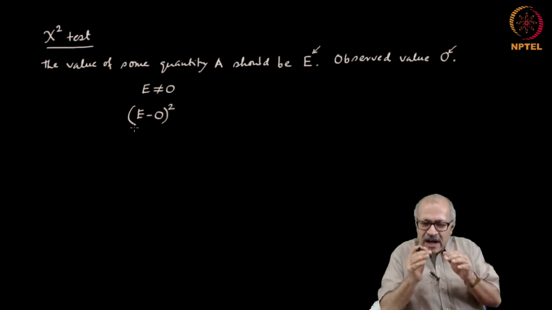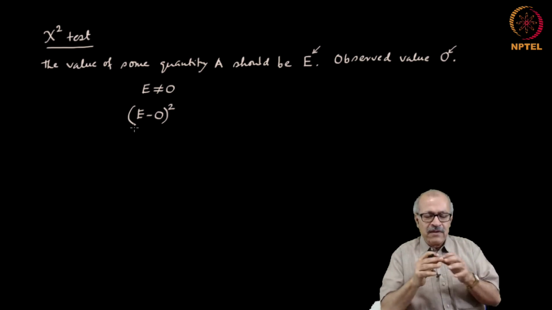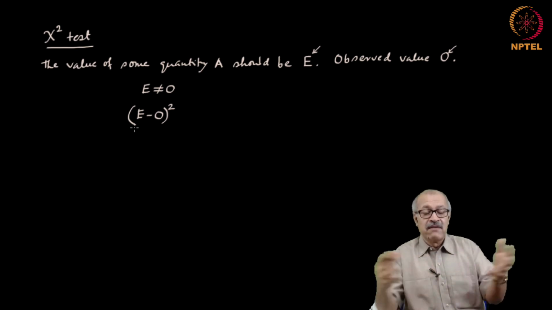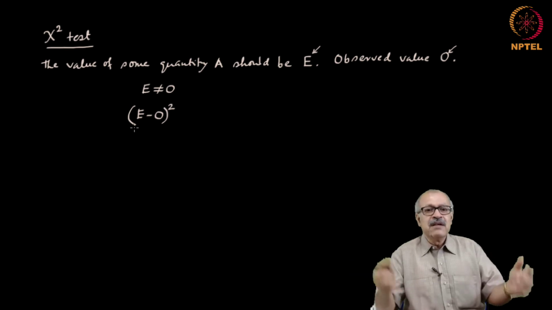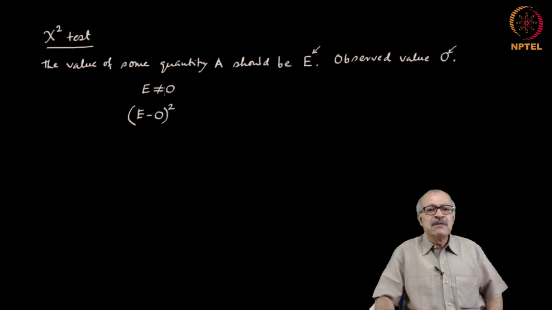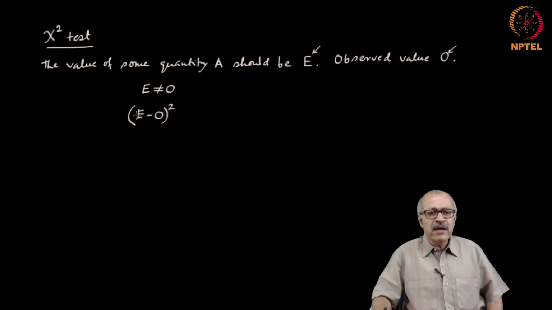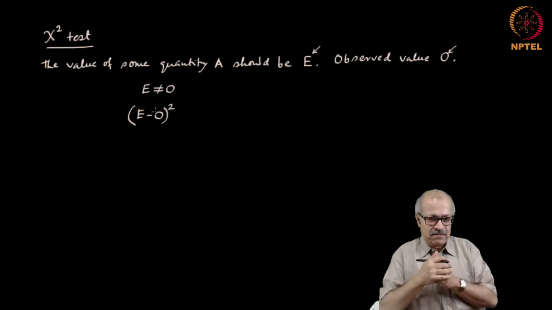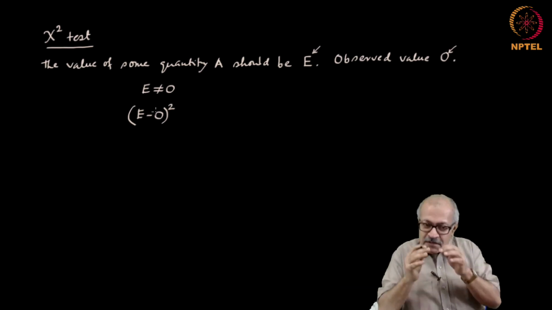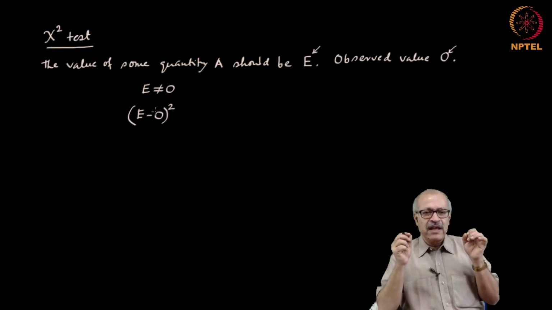Now, if we have a random variable, we need to check whether it does behave like a random variable. That means if you do repeated experiments, you get repeatedly different values of O, but that should behave like a random variable. So every time you make a measurement of E minus O, it should have different values, and the different values should behave like a random variable.